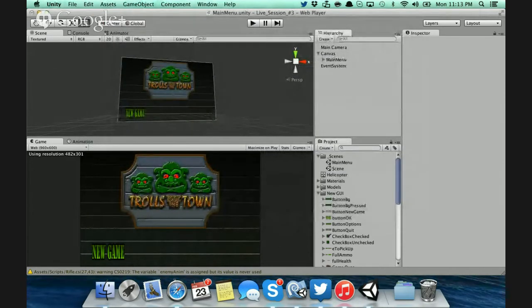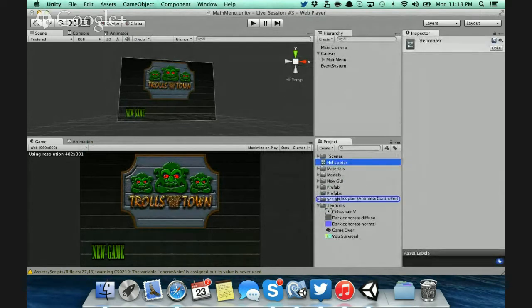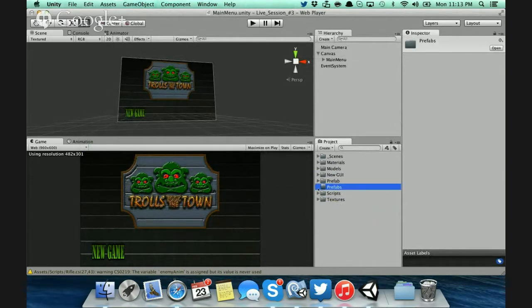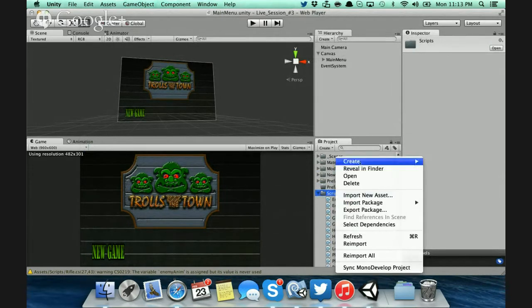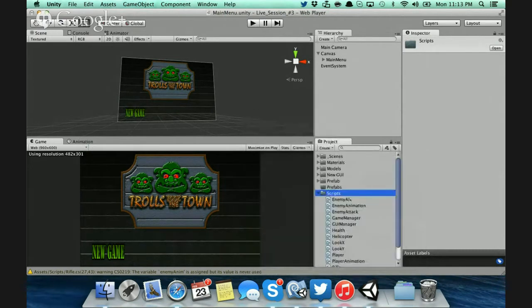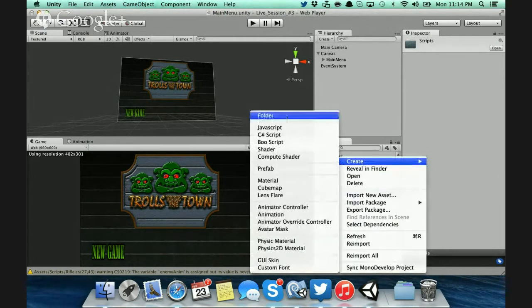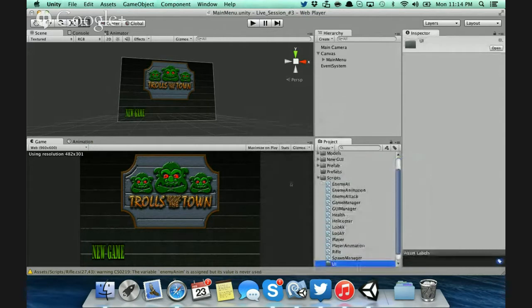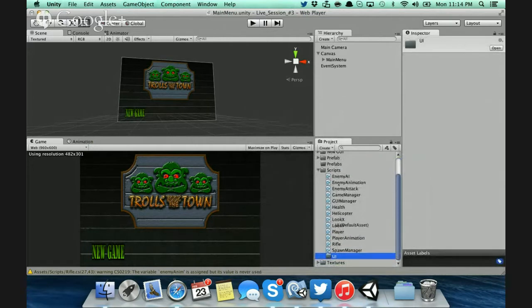And what I'm going to do now is go into my scripts folder here. I'm going to have separate scripts for my UI. So I'm going to create a folder. I'm going to name it UI. All right, and inside this UI folder,